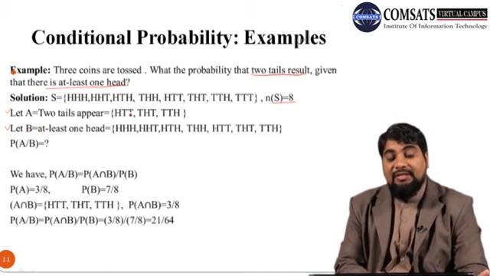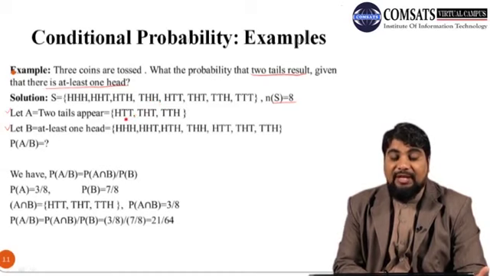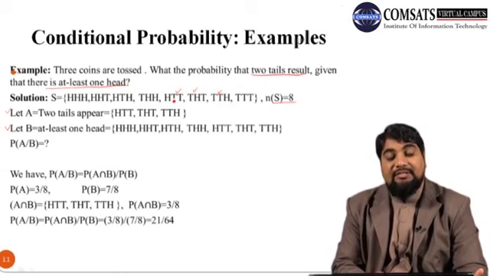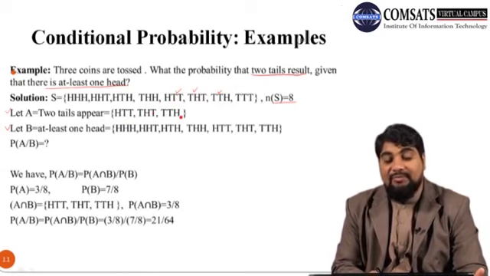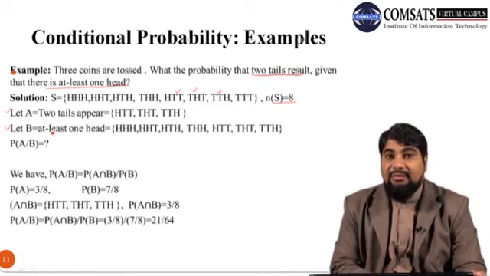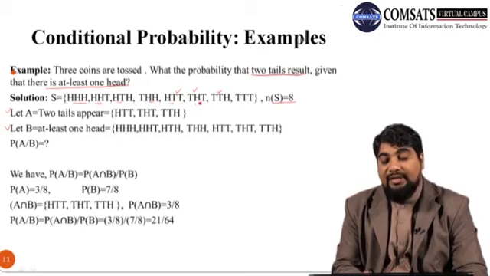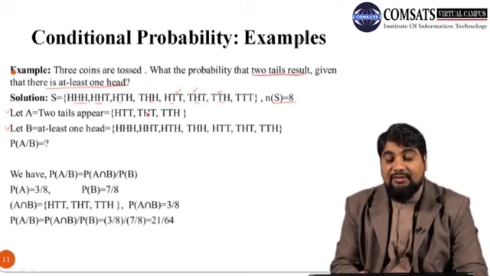Two tails appear means just pick from this sample space those outcomes where we have two tails. So two tails, and these two tails. So just write these three outcomes here. And similarly in event B, at least one head means either one head or more than one head. So pick the relevant outcomes from the sample space. So here we have 3 heads, 2 heads, 2 heads, 2 heads, 1 head, 1 head, 1 head. So one or more heads. So just leave this last option.